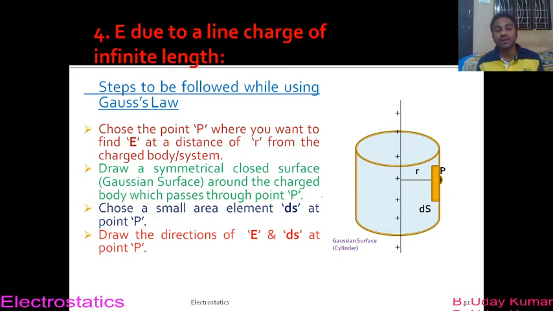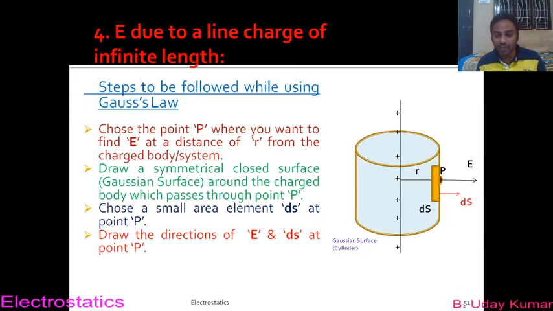Okay. You know already, in our previous slide we have seen that for positive charge, the electric lines of force are directed outwards, right? Since they are outwards, even at point P, the direction of electric field intensity will be outwards. So that you try to make it. This is the importance of the electric lines of force that we have discussed in our previous slide. That slide is helping us here to determine the direction of electric field intensity. So anyway, the directions of E and ds are shown here. Please check it out. This is the direction of E at point P, and this is the direction of ds at point P.